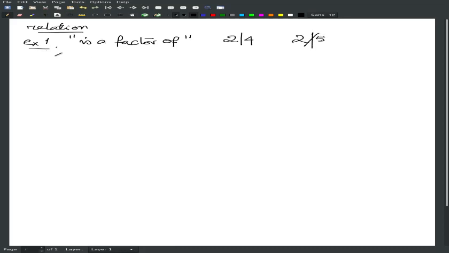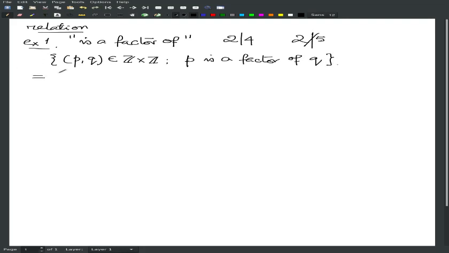So we collect all those pairs of integers belonging to Z cross Z, such that P is a factor of Q. Or we can also write this